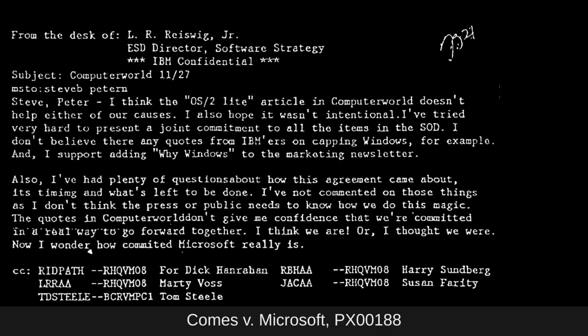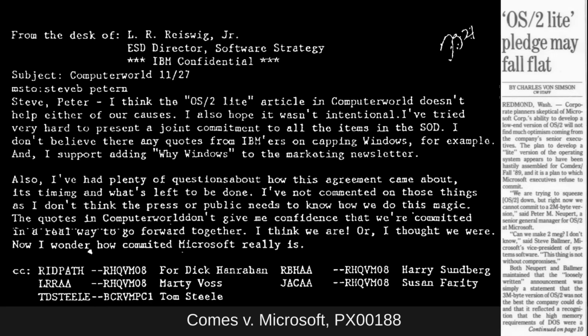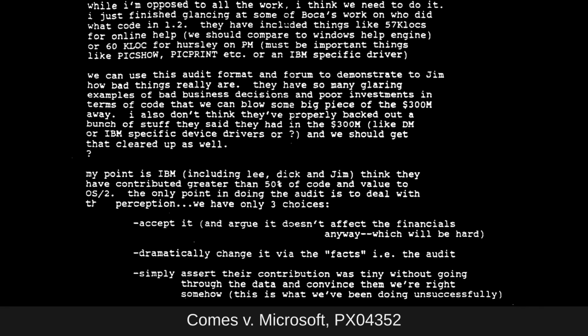An IBM email to Microsoft referencing a Computer World article does show some doubt on Microsoft's commitment. Apparently, Microsoft communicated in that article that they weren't sure that the announced version of OS2 capable of running on 2 MB of RAM was even possible. An internal Microsoft email shows some strain regarding the corporate culture. This appears to be an argument about who's contributed the most to OS2 1.2, seemingly affecting how much money Microsoft gets.